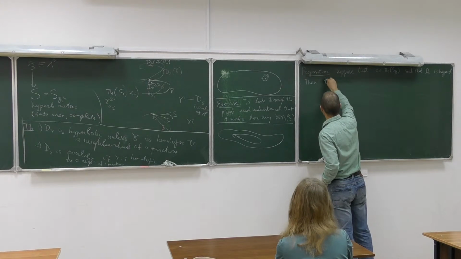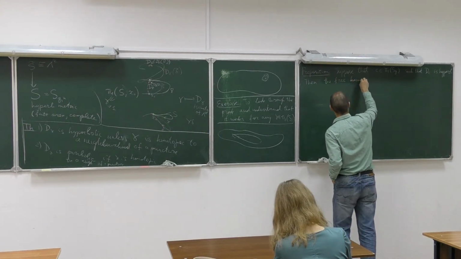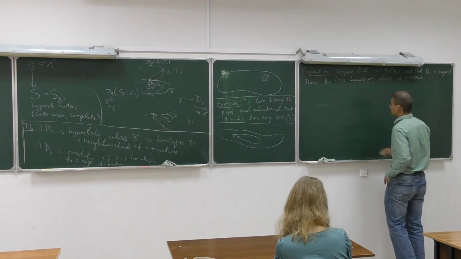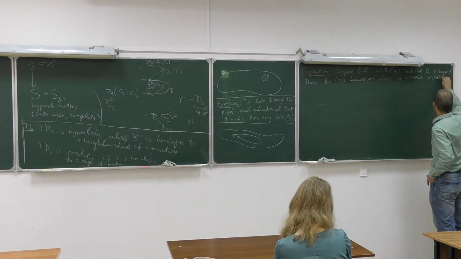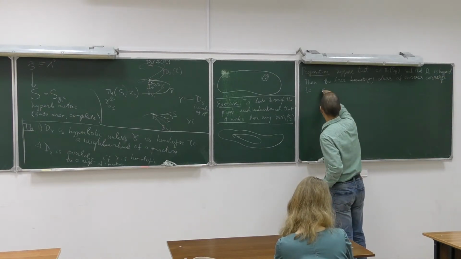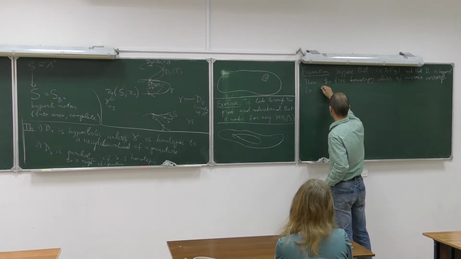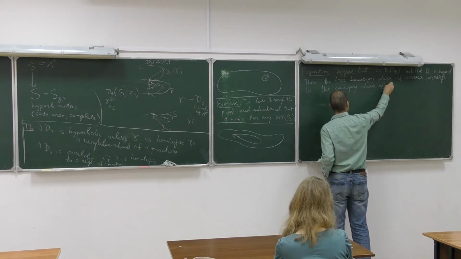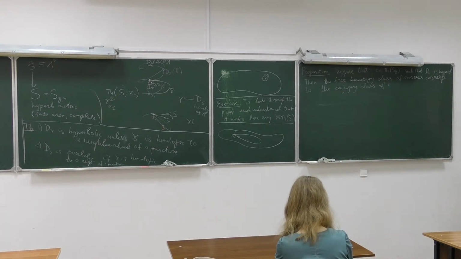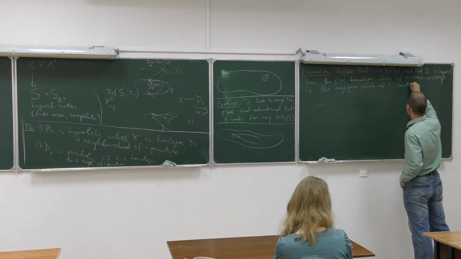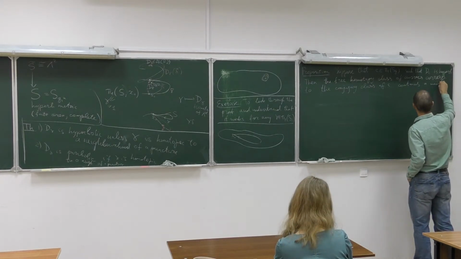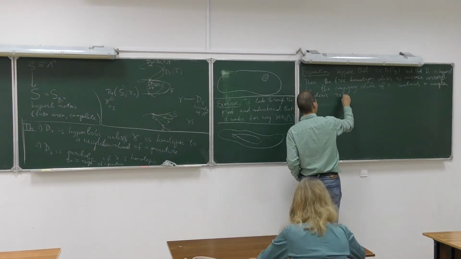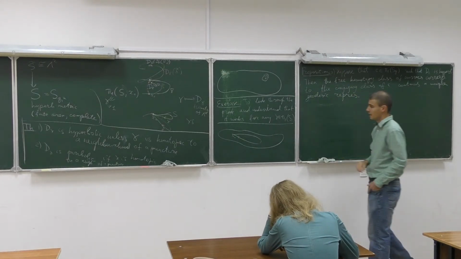So then the free homotopy class of curves corresponding to the conjugacy class of C contains a unique geodesic representative. This is the first claim, and the second claim,